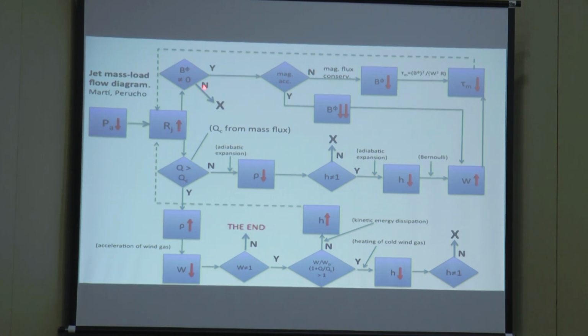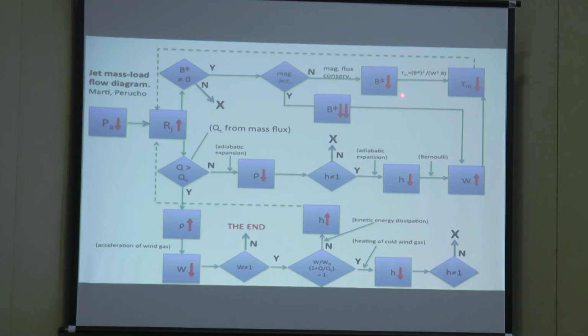If you don't have magnetic field, this branch is not telling you anything, you have to go to these branches. If you have magnetic field, you can have a magnetic acceleration. Do you have it? Yes, then magnetic field drops, and this is invested into acceleration, so you increase your Lorentz factor. If you don't have magnetic acceleration because your expansion is purely conical, then via magnetic flux conservation, your